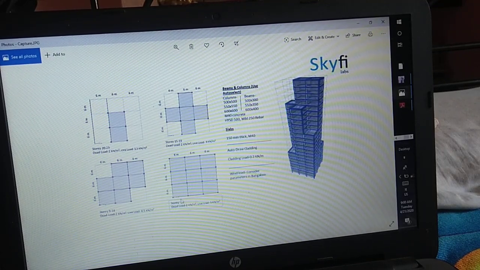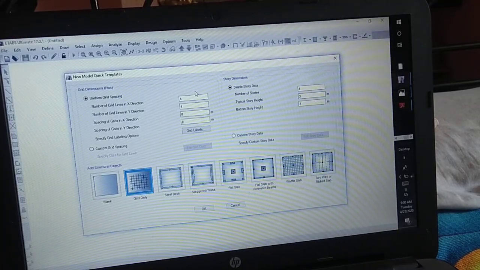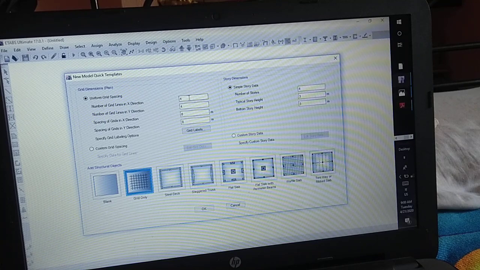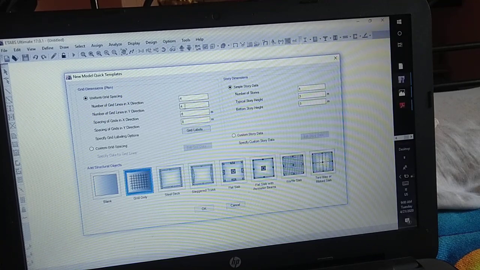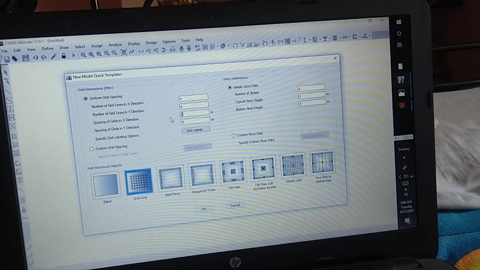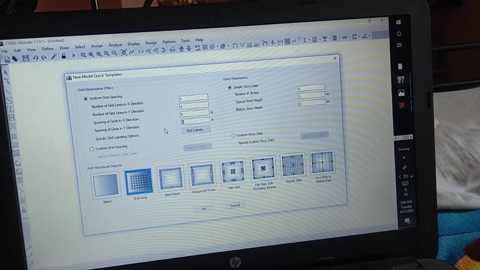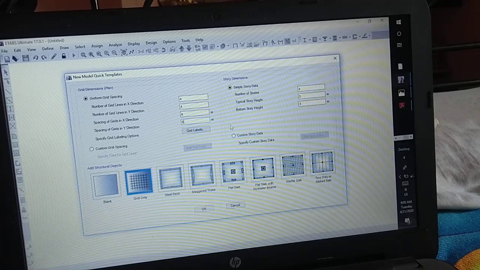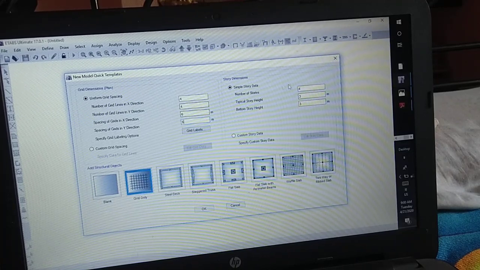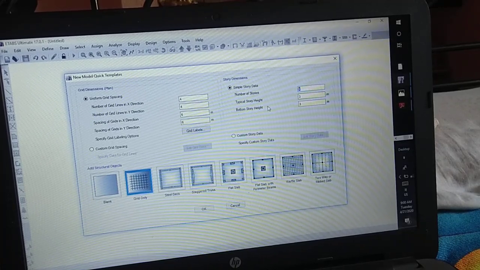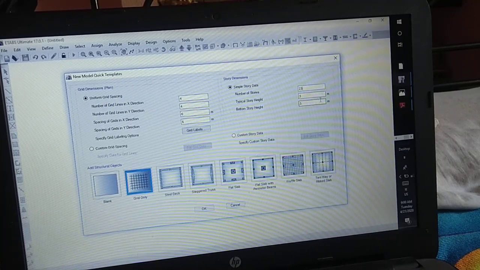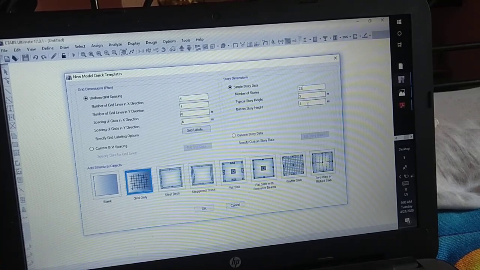So the number of grid lines is 4 in X direction and 4 in Y direction, and spacing is 6. Here also spacing is 6. Then number of stories 23, typical story height 3, bottom story height 3. Then click on grid only.